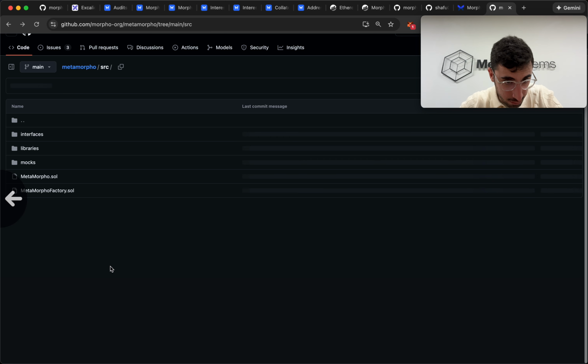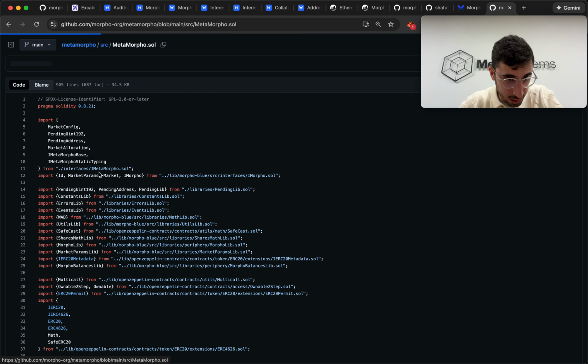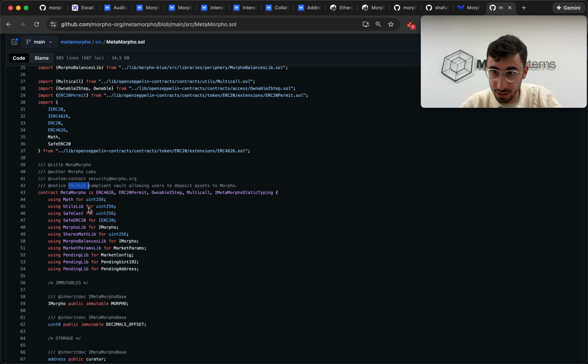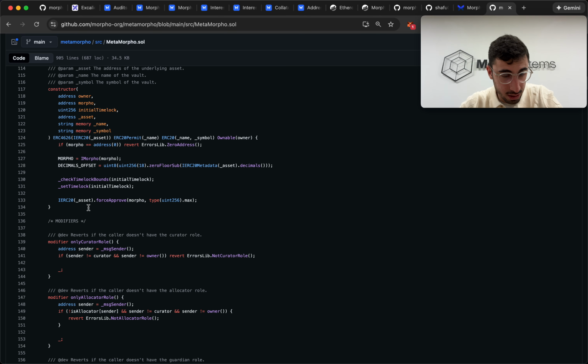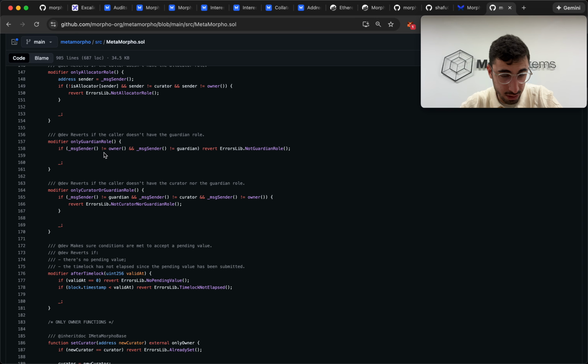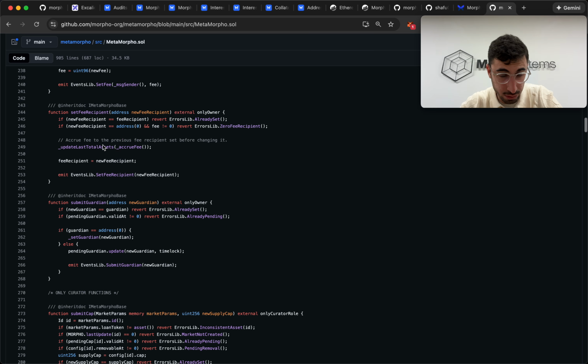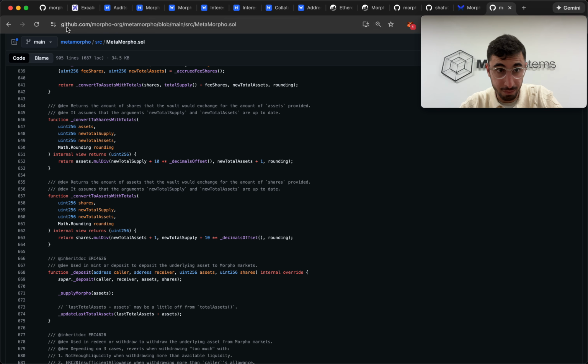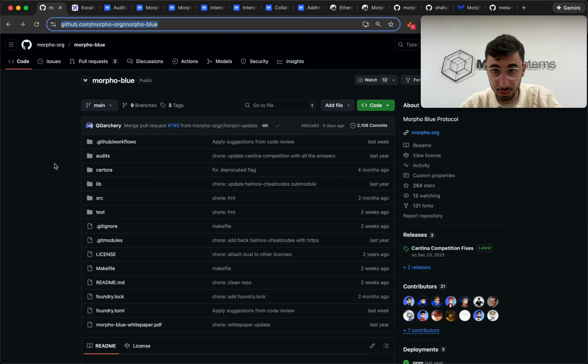Metamorpho is a 4626 vault, and this is where you have the curators, the allocators, and guardians, and so forth. Maybe I'll look into that in another video. But yeah, on Blue,